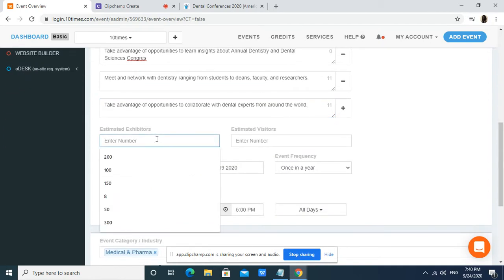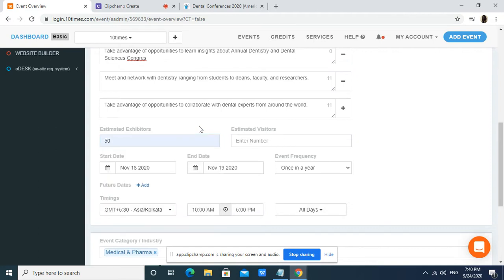Enter the estimated number of exhibitors and visitors. So let's say we are expecting 50 exhibitors and 1000 attendees.